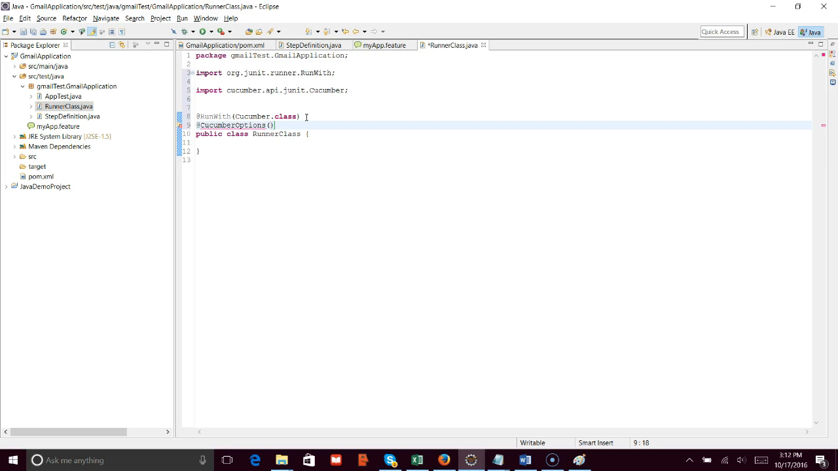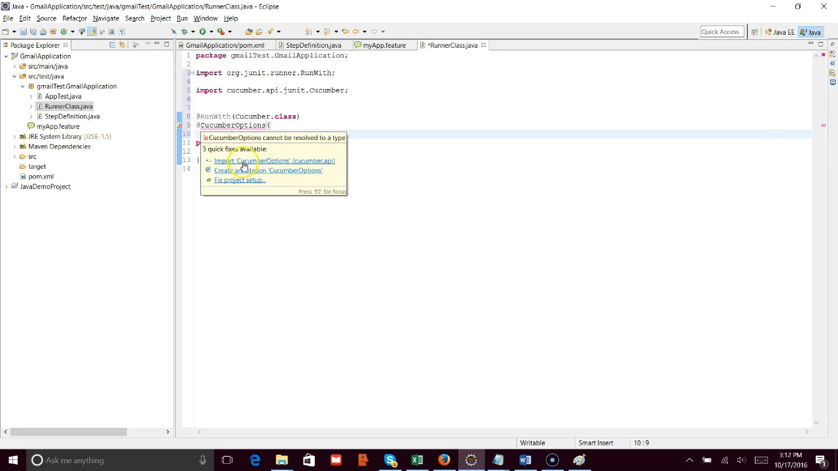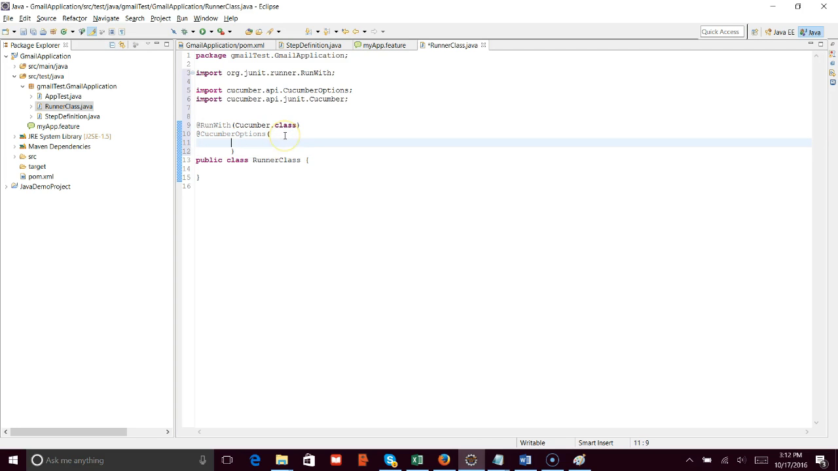So within this Cucumber options, again import Cucumber options as well. Within this, you have to mention the path. It should be features is equal to the path of the feature file. Our path starts within the project, from here, src